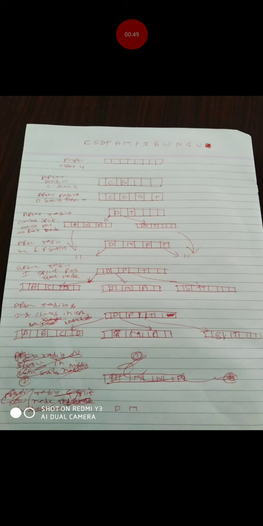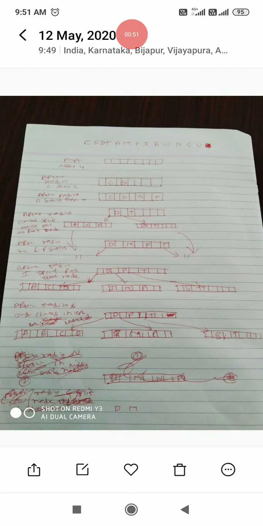See here, initially when I read C and S, I will be storing them as they are, because there is no sorting, since C and S come one after the other. So first we store C, followed by S. Next, once I read D, the sorting takes place in the node. See the changes: after C you get D, then S. But when you read T, it is stored after S. There is no sorting. Only when you read the D value does the sorting take place.